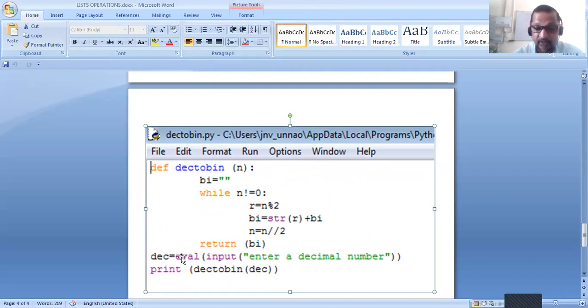Here we enter a decimal number stored in the variable dec and call this function. This function will return the equivalent binary number, and this binary number is printed on the screen. This loop will continue as long as the value of n is greater than 0.